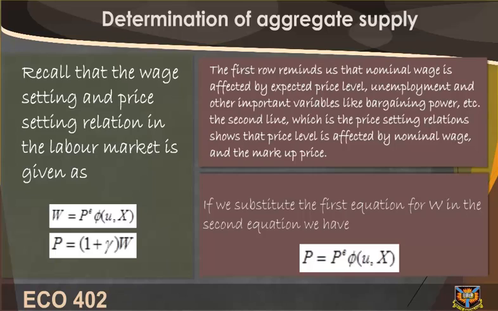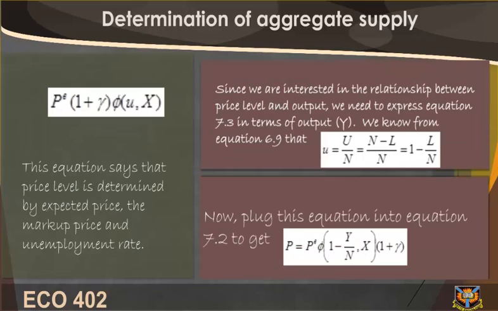The first rule reminds us that nominal wage is affected by expected price level, unemployment, and other important variables like bargaining power, etc. The second line, which is the price setting relation, shows that price level is affected by nominal wage and the markup price. If we substitute the first equation for W in the second equation, we have